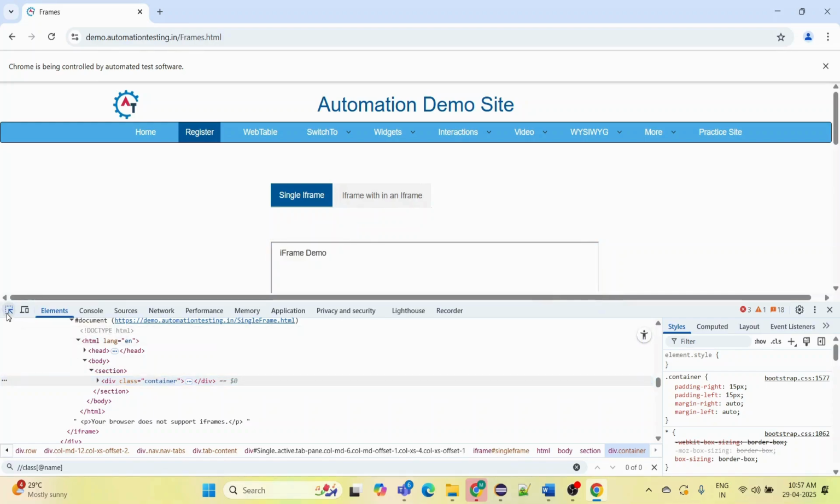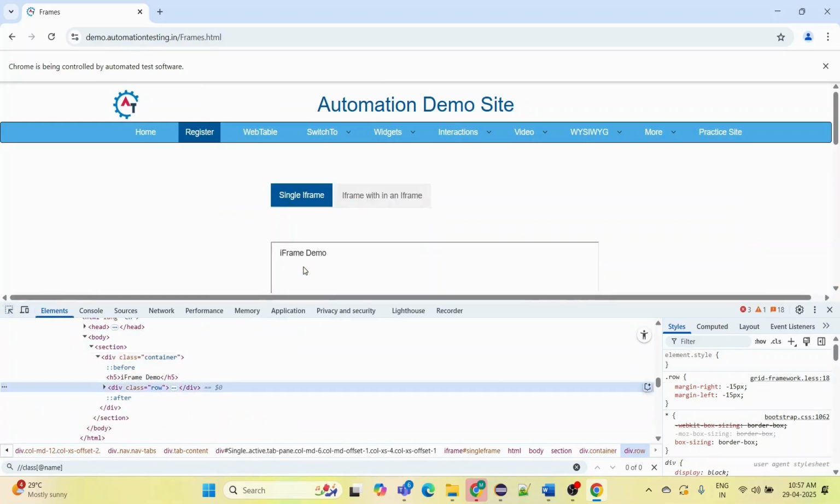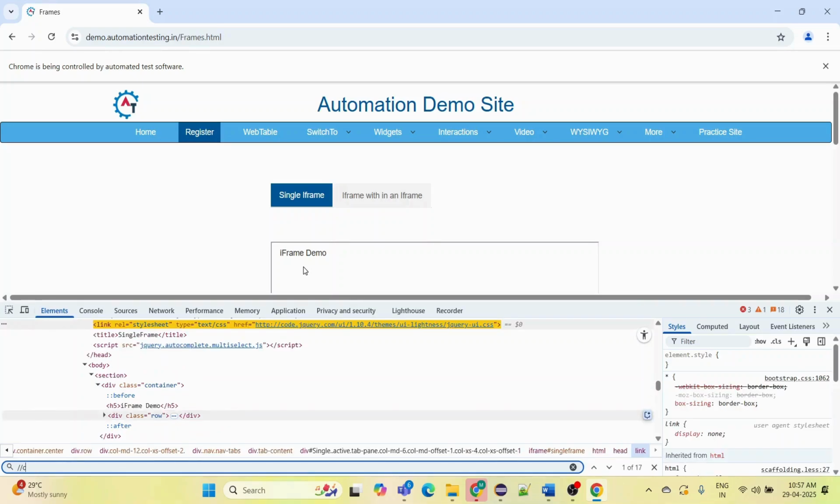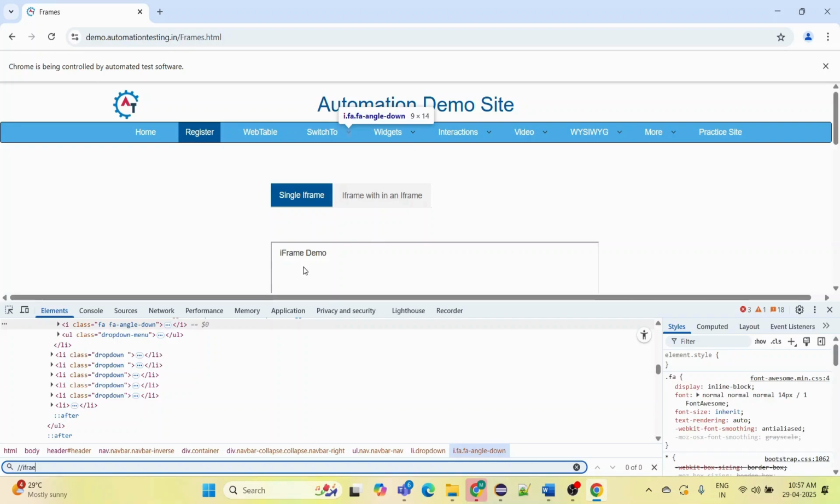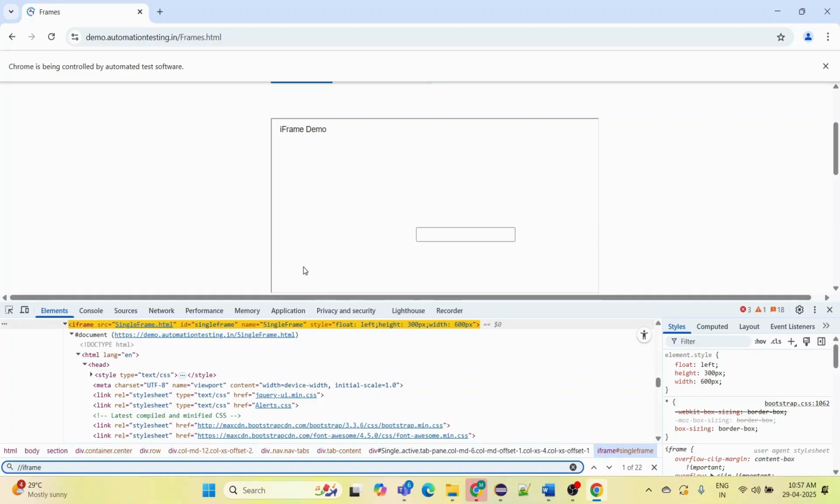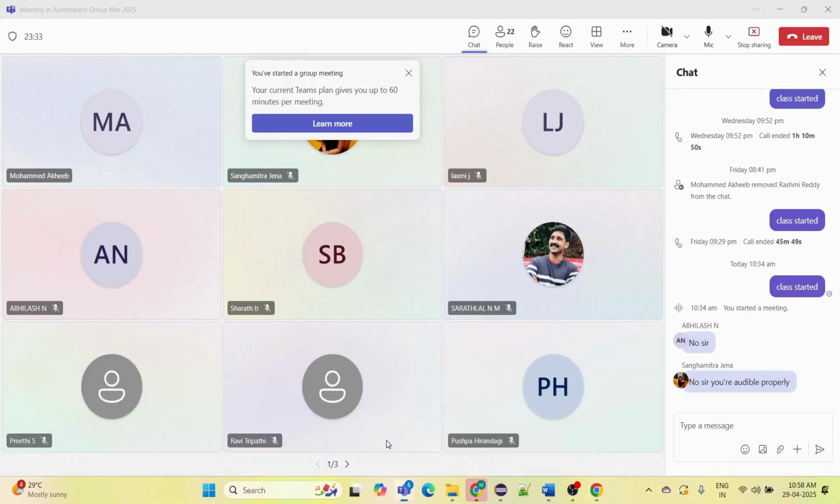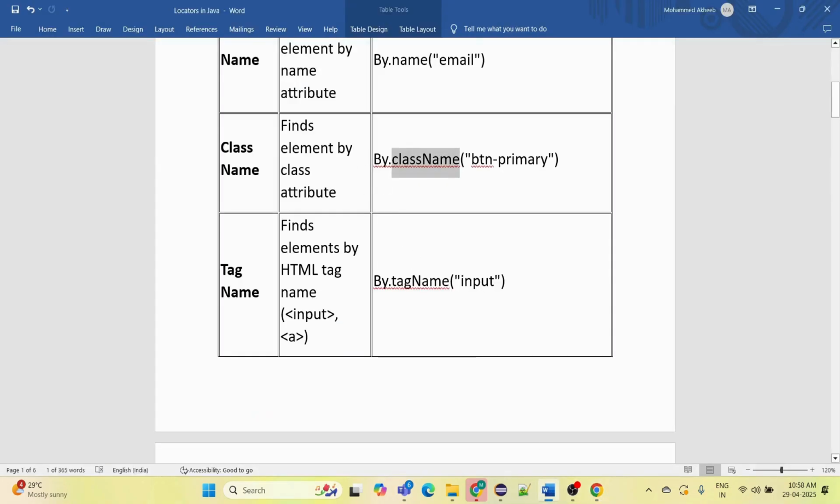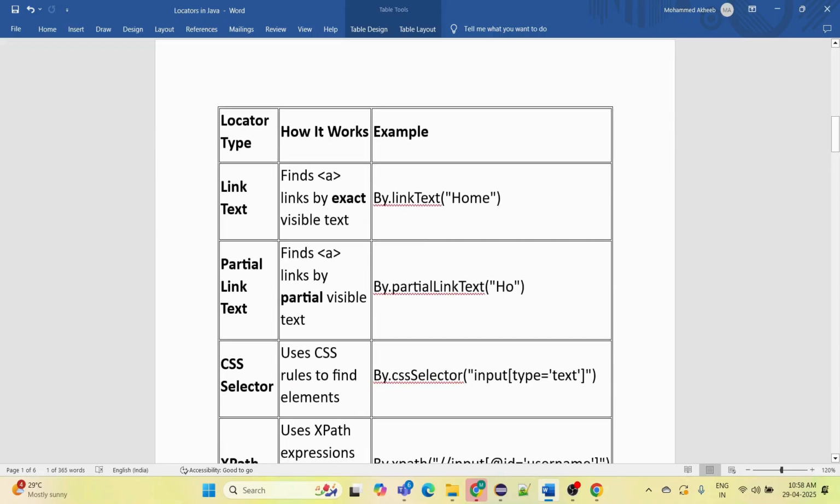For example, if you want to locate a particular web element with the help of iframe, right? In that case I'll just write iframe like this. Then we are trying to locate a web element with respect to an iframe. The next we have link text and partial link text. Let us understand